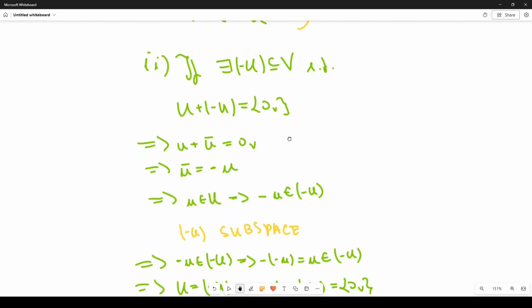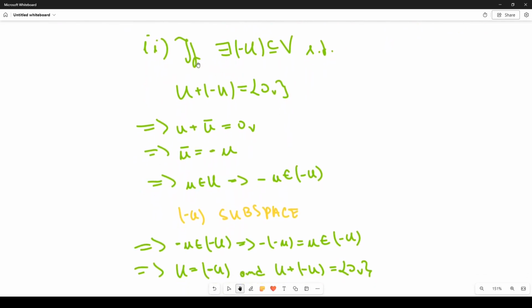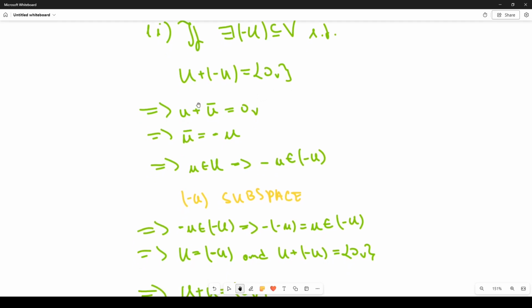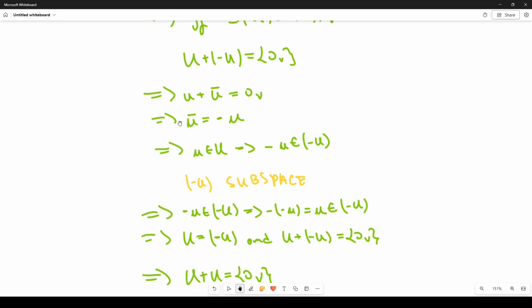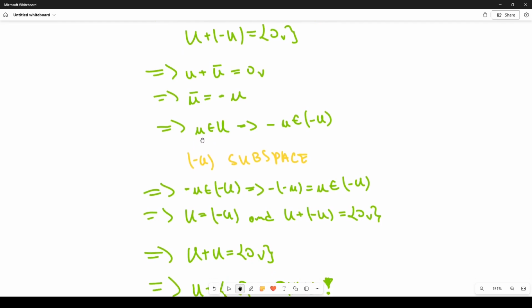Now for the inverse elements, if there existed a subspace minus U such that U plus minus U is equal to the zero subspace, we would have that U plus U dash, which belongs to minus U, would be equal to the zero vector. So U dash would have to be the inverse element of U. So if U belongs to our original subspace U, then its inverse has to belong to